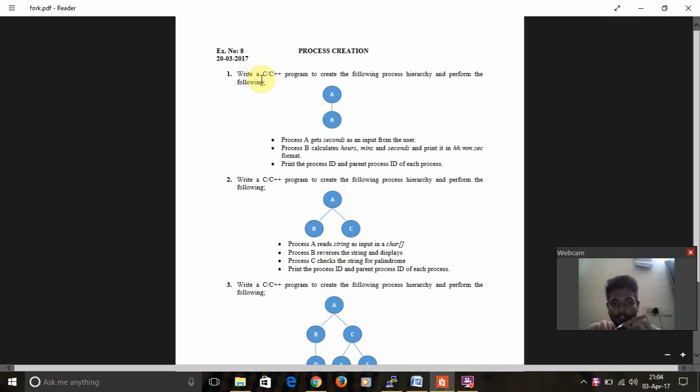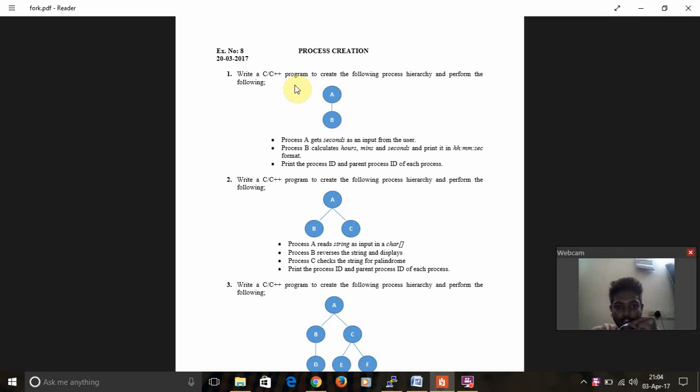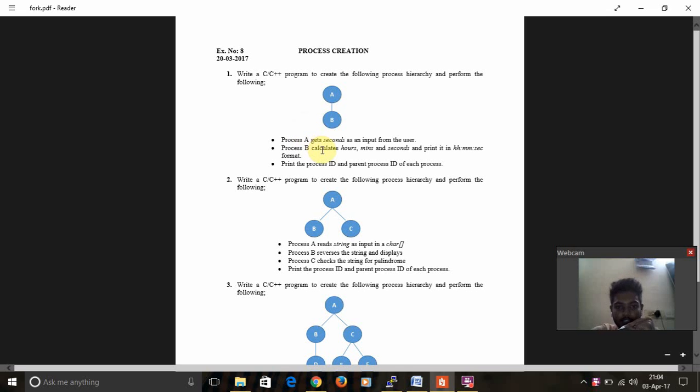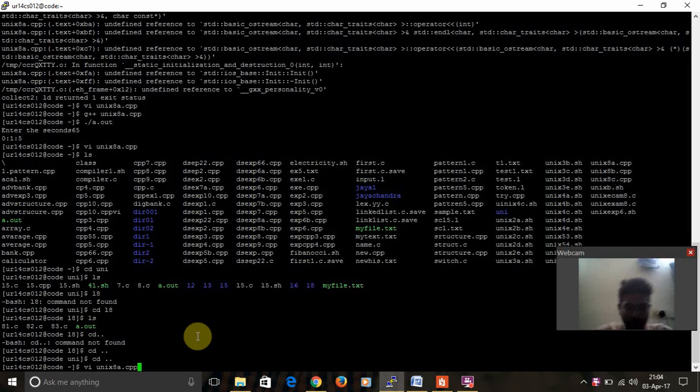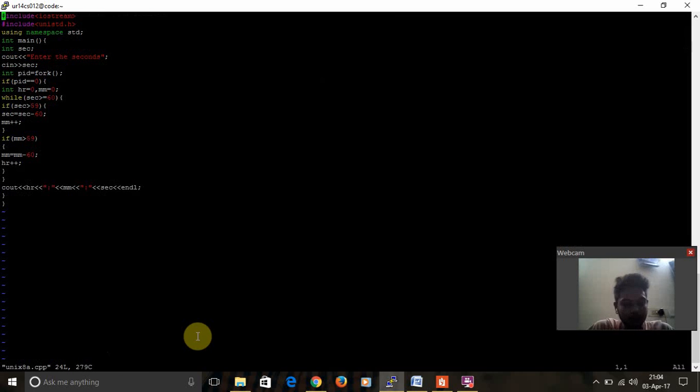The first question was: write a C or C++ program to create the following process hierarchy and perform the following conditions. The first process A gets the seconds as an input from the user, and process B calculates hours, minutes and seconds and prints in HH:MM:SS format, along with the process ID and parent ID of each process. So the first program was